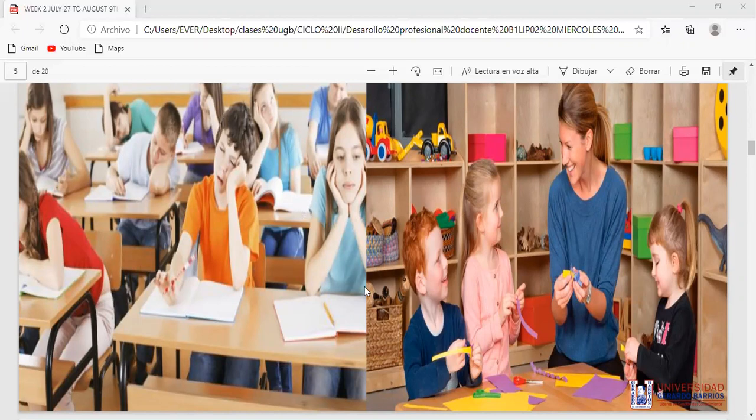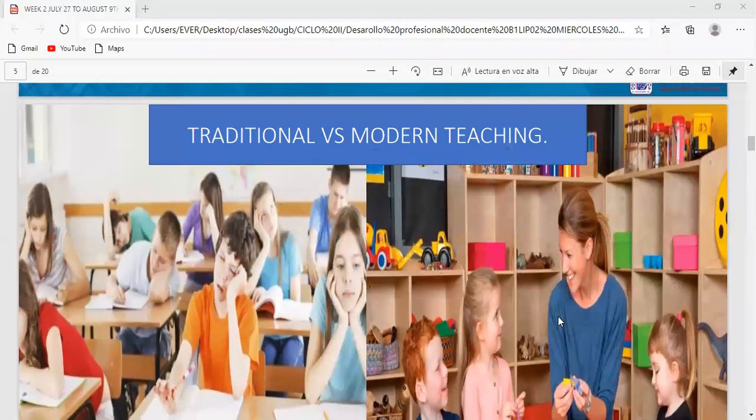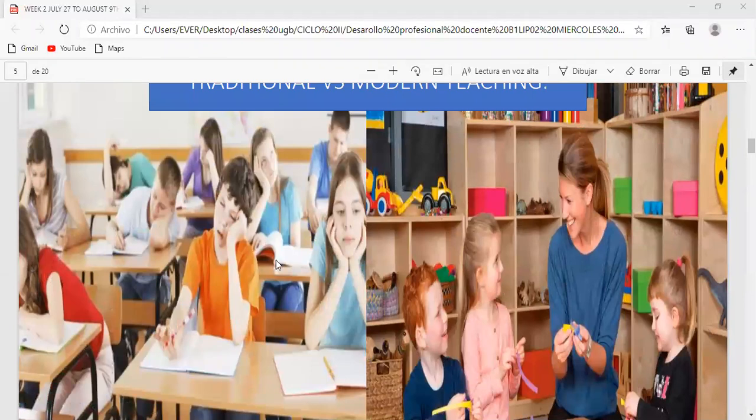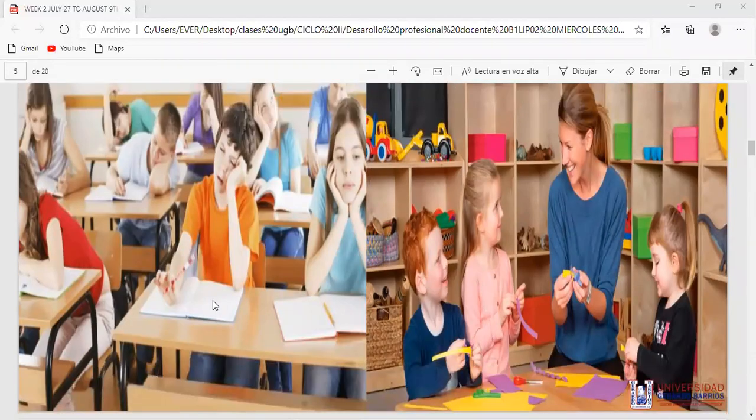Well, in my opinion, these are the two parts, right? The traditional method, which is something that some of us experienced at school. You see, the little kids look bored. They're taking notes. They're not enjoying the class. Why is that? Look at the seating arrangement in the first place, right? The seating arrangement tells you a lot about traditional education.